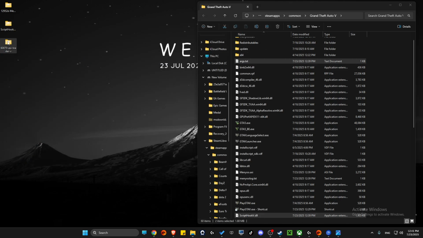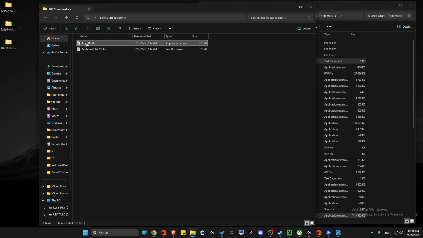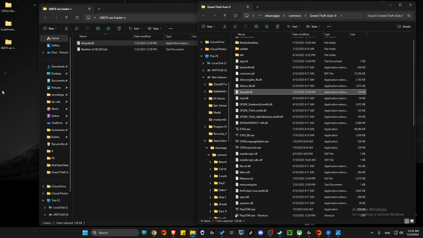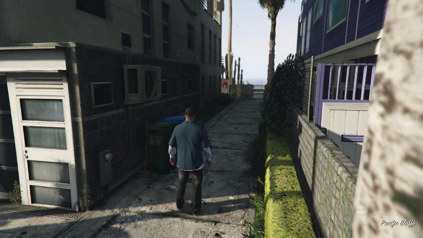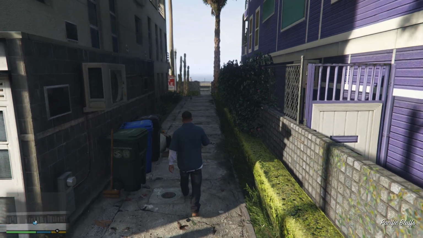Then you can close this, open up ASI loader, and then you just need to drag this file here, right? And that's it. So guys, I'm in the game, and to open this mod,